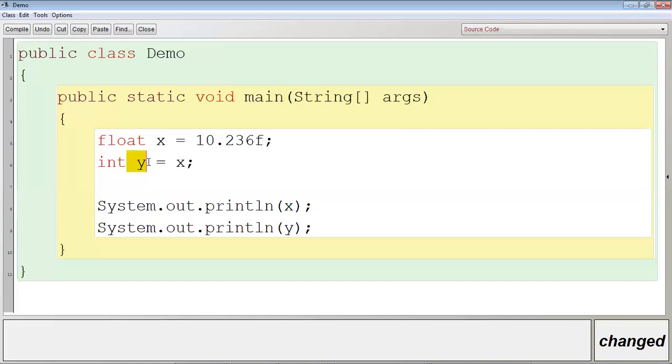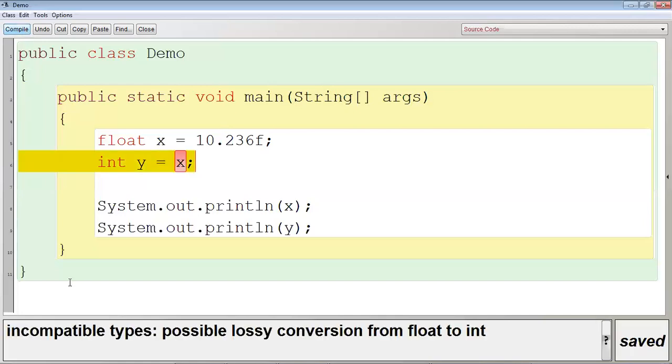So what is the direction? The direction is from right to left. Take out your chart and see. The direction of conversion is from right to left. Yes or no? So it will not be done automatically, and here we will get error. Incompatible types, possible lossy conversion from float to int.